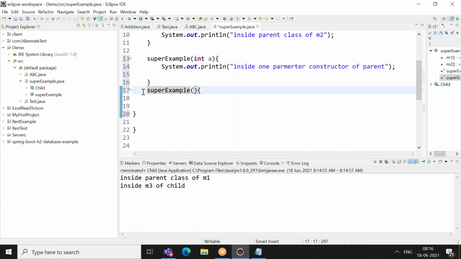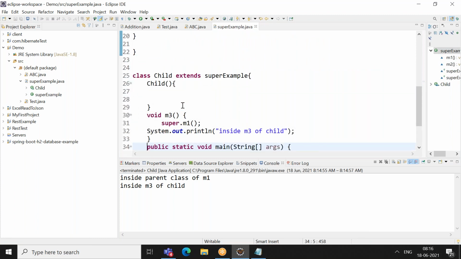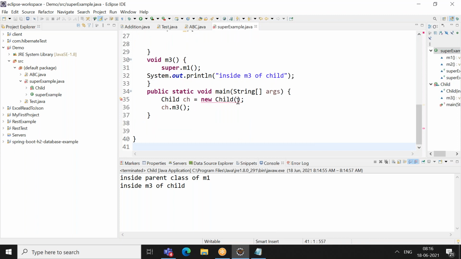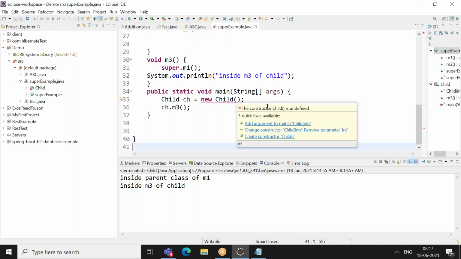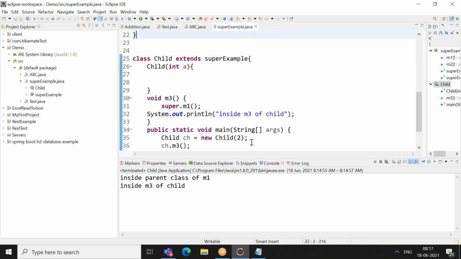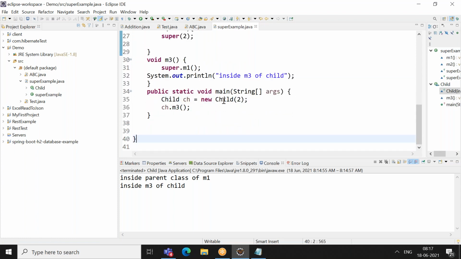I'll tell why that errors. So if I want to create one parameter, I'll do it with one parameter. If I pass one parameter, it will call your child constructor with one parameter. From this, if I want to call the parent class one parameterized constructor, I'll be using super with brackets, which will be calling my parent class one parameterized constructor.